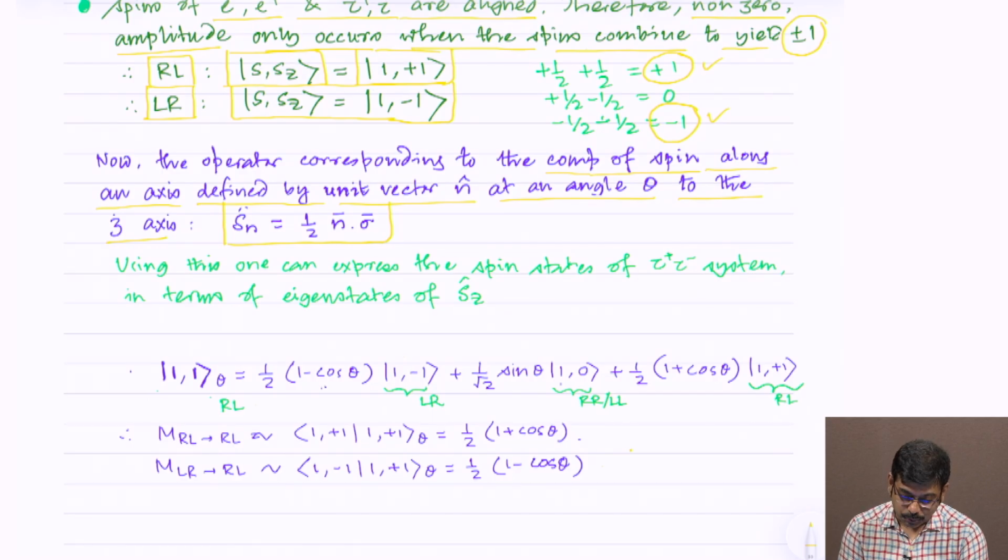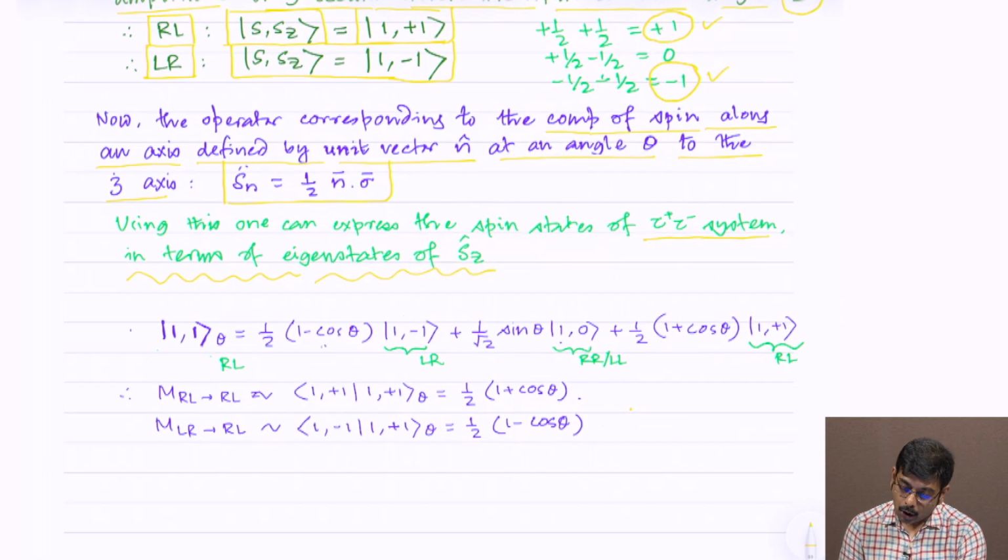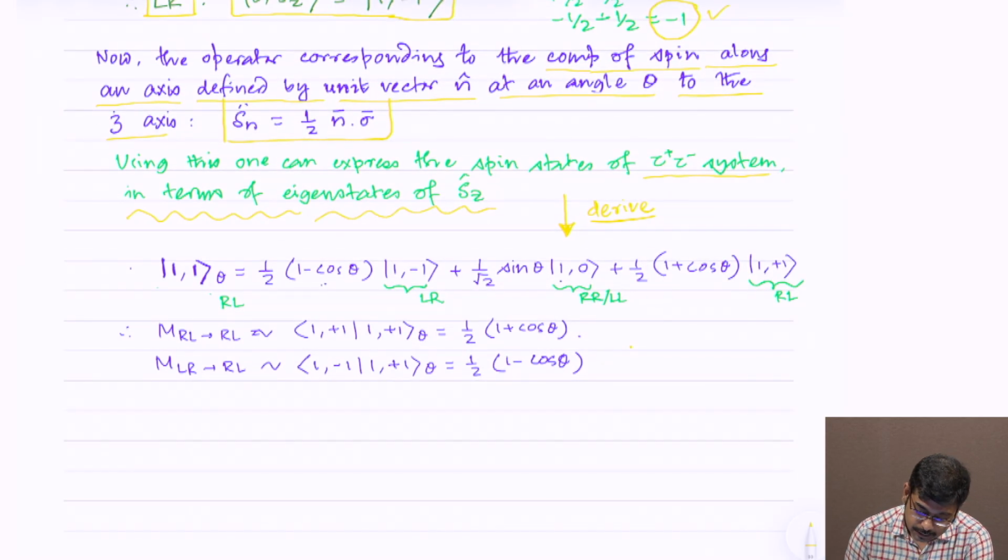Using this, we can express the spin states of the tau plus tau minus system in terms of the eigenstates of Sz. I am not deriving this, but you should try to derive this at home. You should find that this 1 comma 1 theta, which is an RL configuration in the tau plus tau minus system,